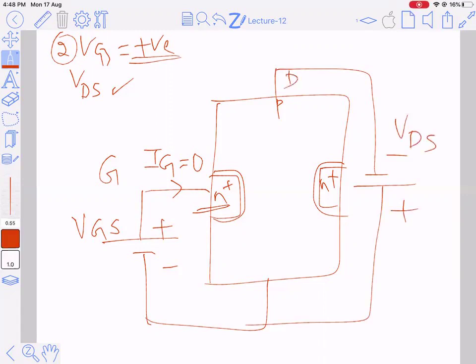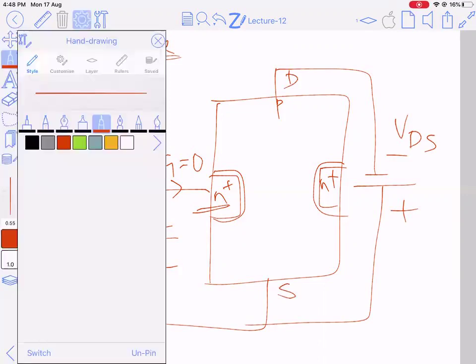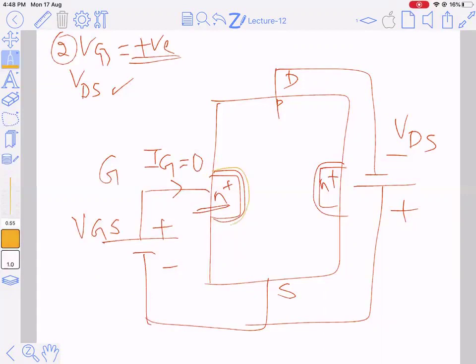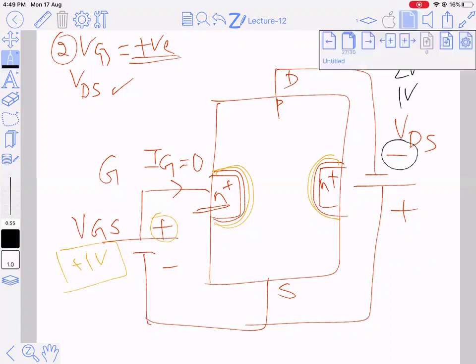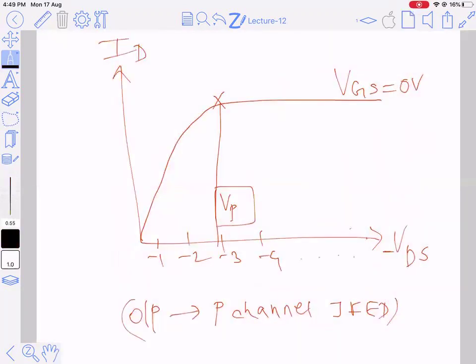So what is happening over here? Initially, you have more reverse bias, so then less depletion. Say you initially have reverse bias at plus 1 volt. What will happen when I keep increasing VDS, 1 volt, 2 volt, 3 volt in the negative manner? Where will the graph go? Will the graph go up or down? Down, because you initially have reverse bias.